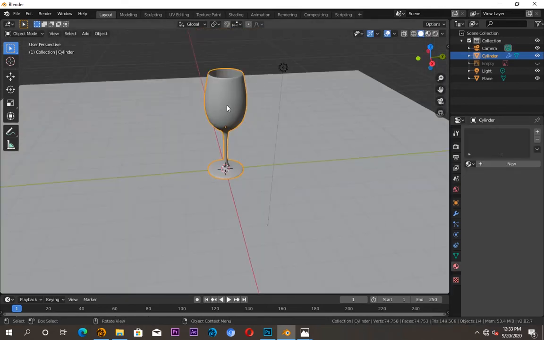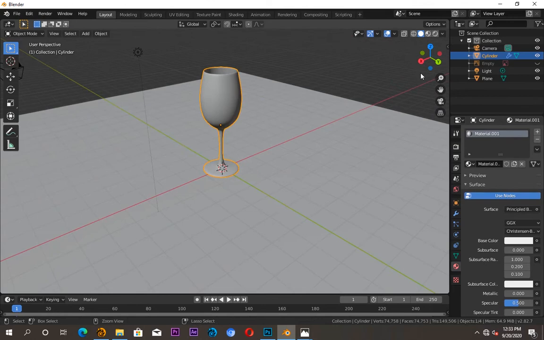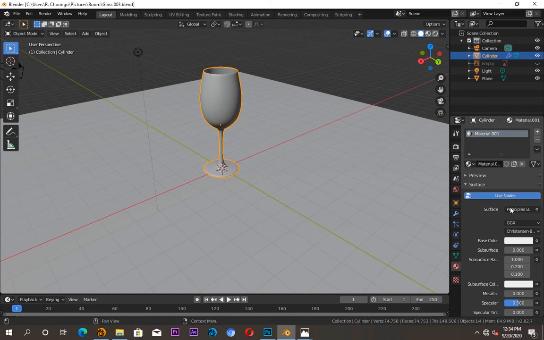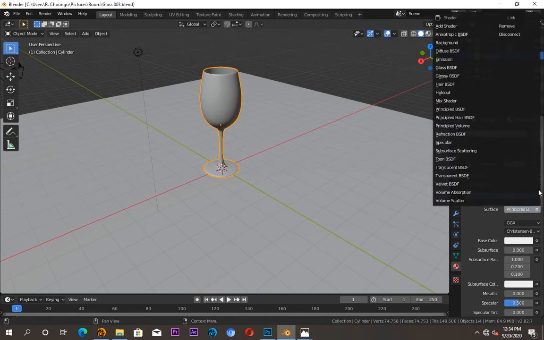I want to add a material to this, so now I'll come here, just click here on the plus sign, and I'll just say new. At this point you can say glass. I've already made this before, so I'll call this glass 003 and say save. Then I want to change my surface from principled BSDF to glass right here. Click on this and I'll turn down the roughness,